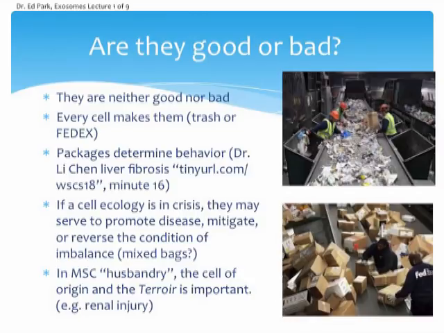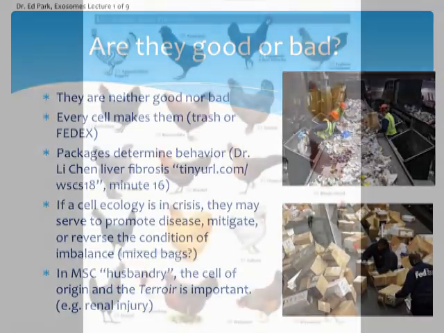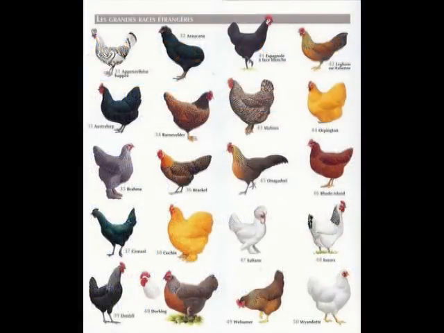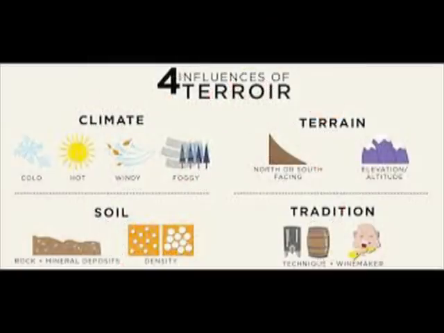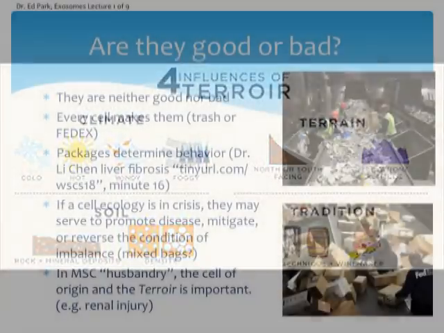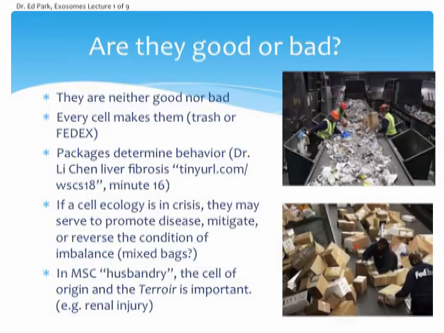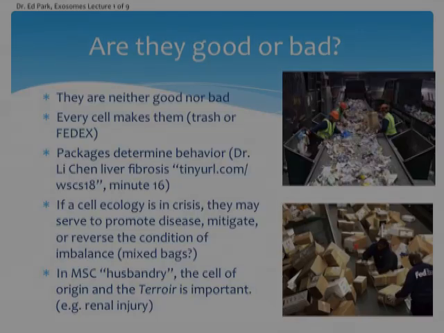So when we think about mesenchymal stem cell husbandry, or the growing of them, it's very important which cells we choose to produce our exosomes, and to borrow a wine term, the terroir is important. In winemaking, the climate, the soil, all these conditions of growth determine how the grapes and the wine will turn out. So we also see that the conditions and the origin of the stem cells have vast importance in terms of what actions they'll produce in other cells.